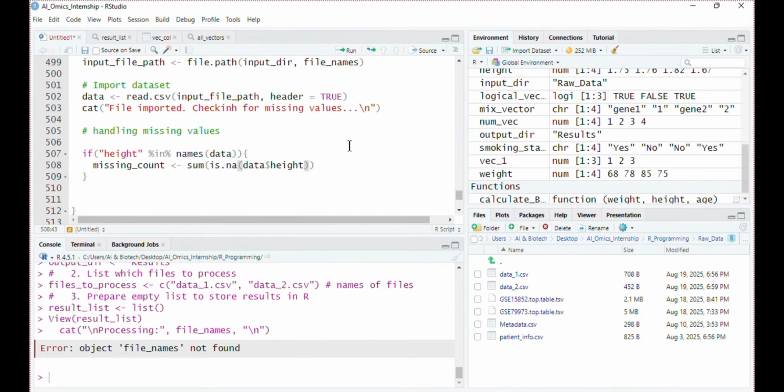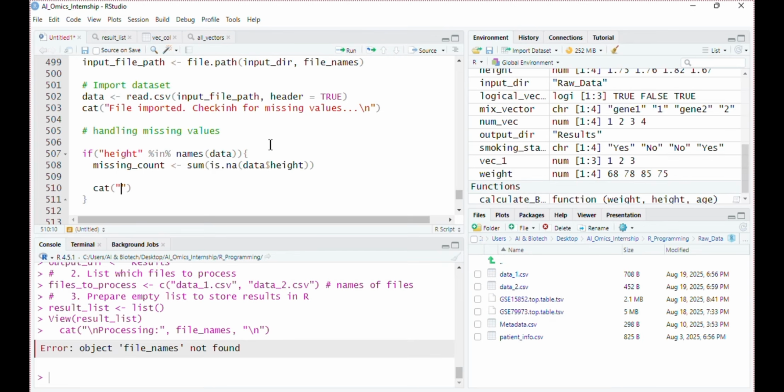If the column names are not the same in the data sets, R will throw an error because we are creating the loop that is not specified to any specific data but for both data sets. So column names of your data 1 and data 2 must be similar. In this case, we are working with height and weight columns, so we need to make sure we have both column names in the same lowercase or uppercase. In my case, I have both in lowercase.